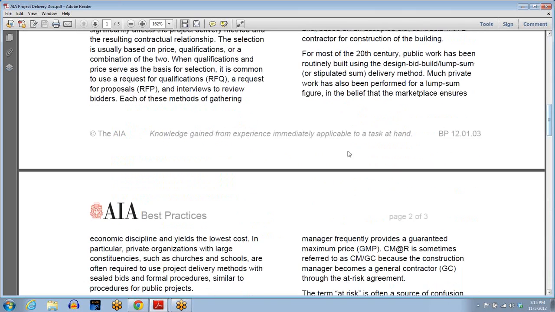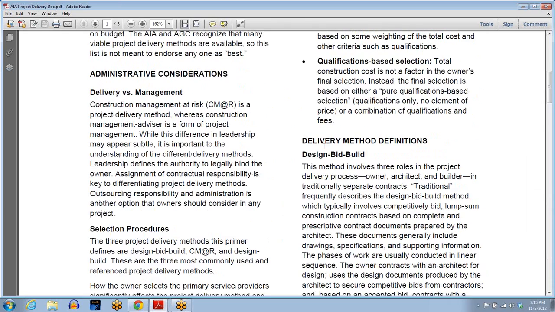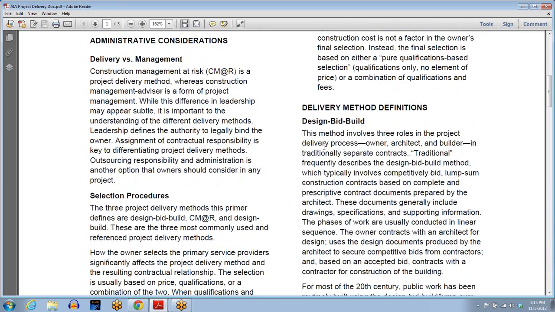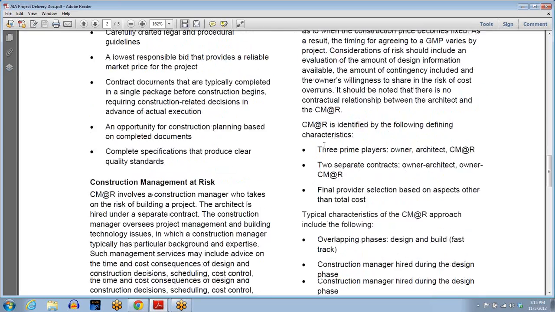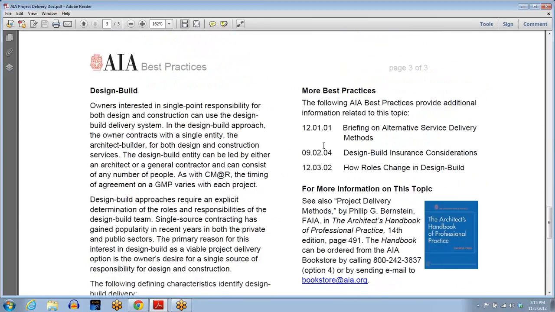So at the front end of this, you have the definitions that are given, okay, for the traditional and design build and construction management. And this is from the architects and the general contractors. You guys understand? You remember from